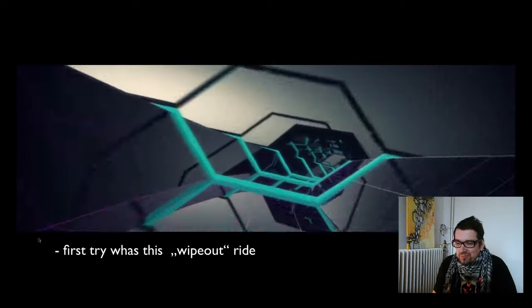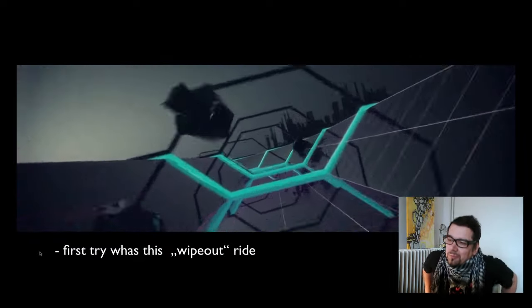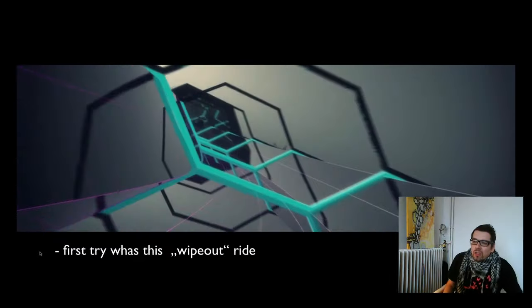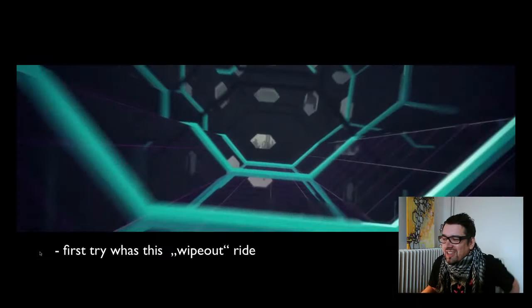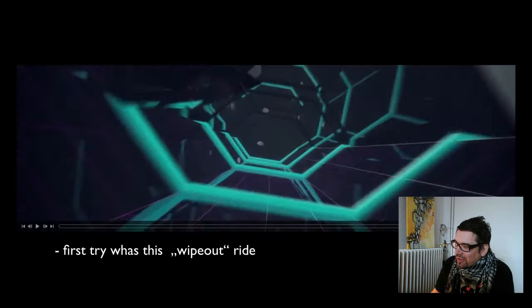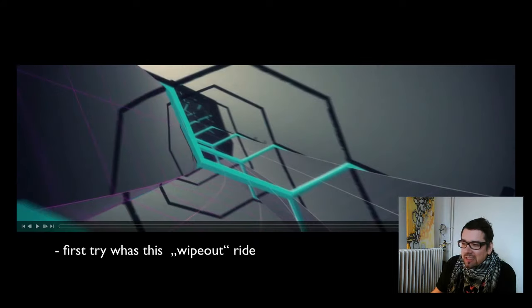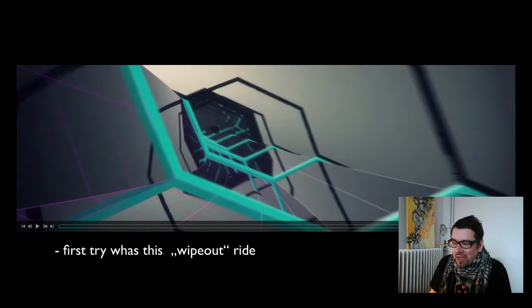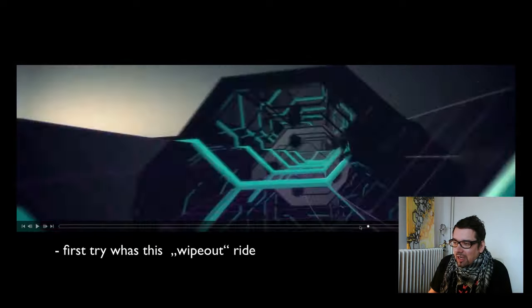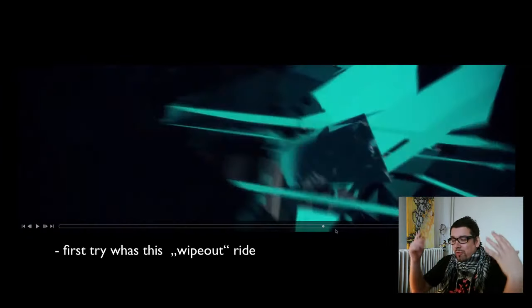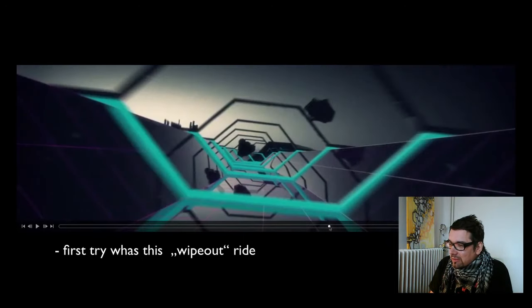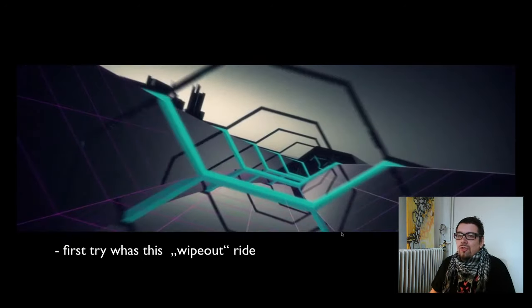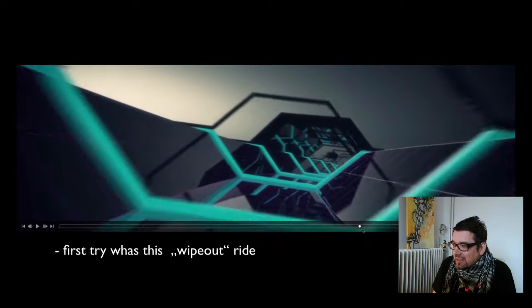Some Vimeo watcher called it the wipeout effect, and I like the idea because it's a bit wipeout inspired at the end. And what I like is I like to keep this open world thing, because it's a better transition to the full open world. So I chose no closed tunnel, but what I like is this reflection stuff